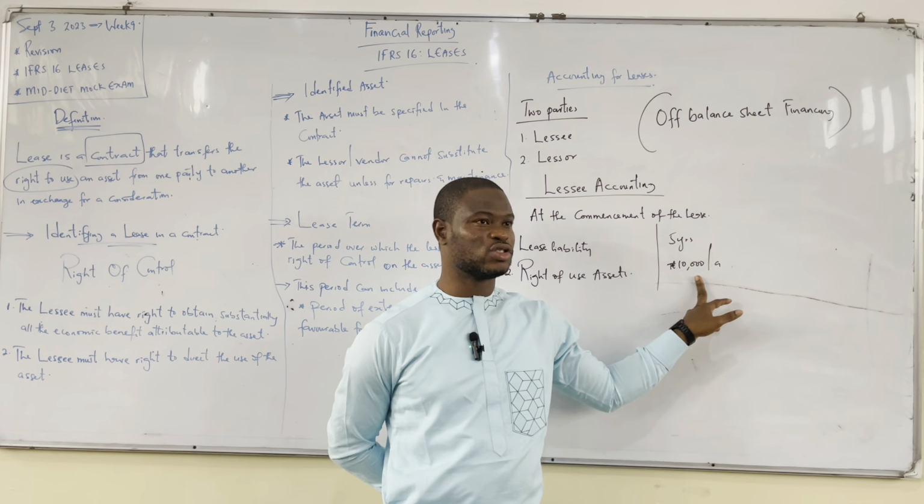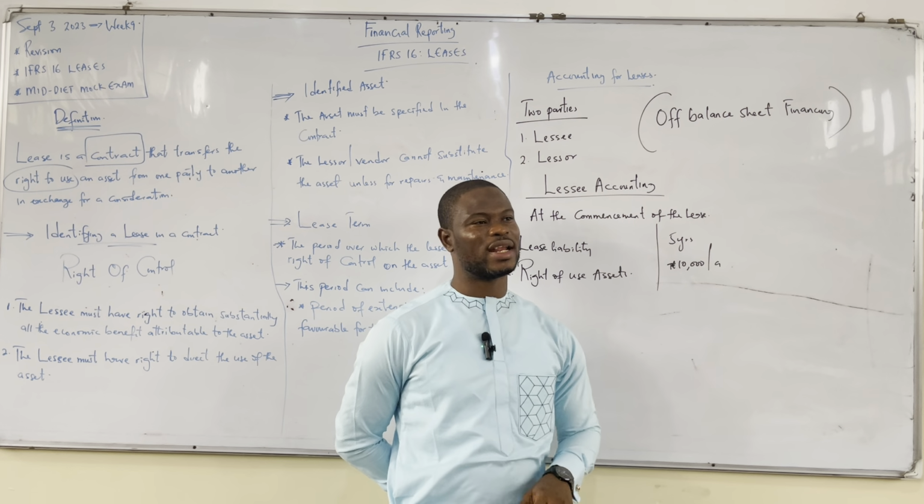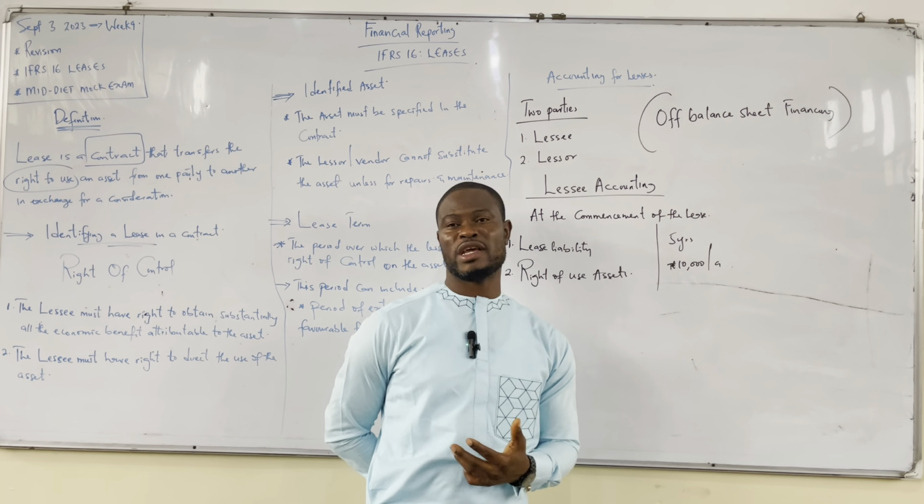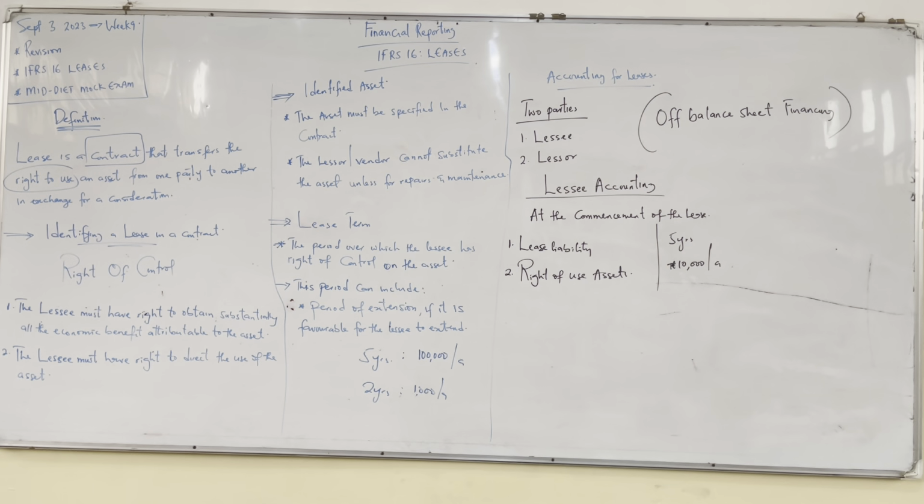That's what you do. You use the annuity formula. You see, in an FR exam, except a poorly designed question, we don't care about the annuity formula, 1 minus 1 plus r raised to power. We don't really care about that. So in most of the questions you'll find, they will give you the annuity factor.